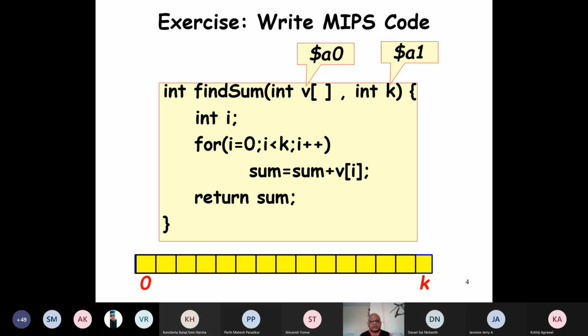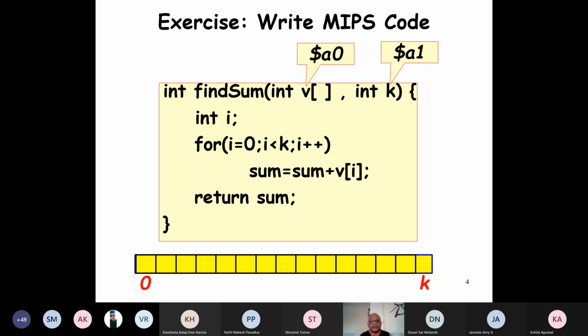Now let's write the code for this, and as usual. Sir, I have a doubt. Yeah, Balaji, please. Sir, here the arguments are int v and int k. Why does the A1 register contain the address of k and not the value of k? No, A1 register contains k.